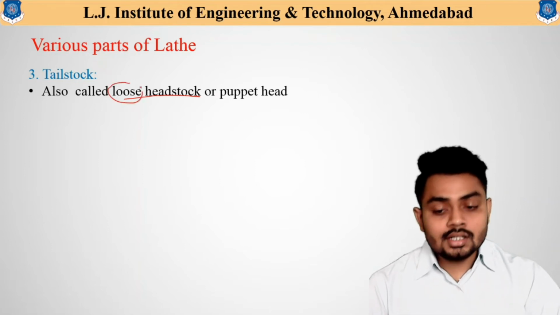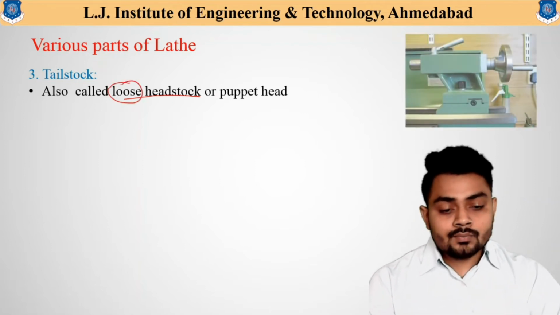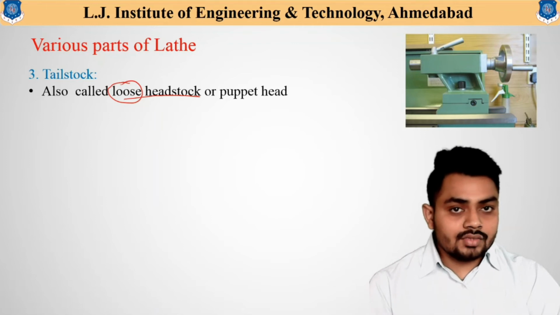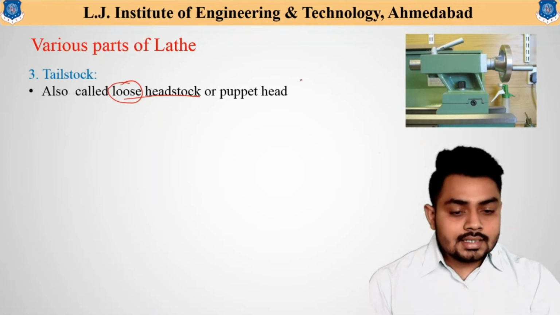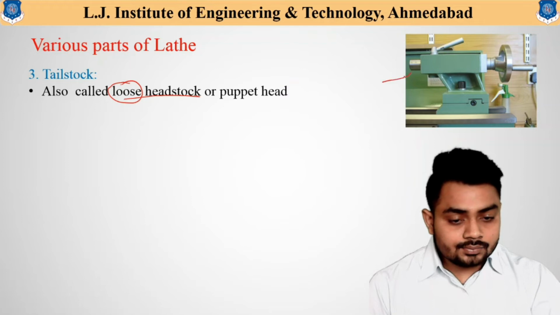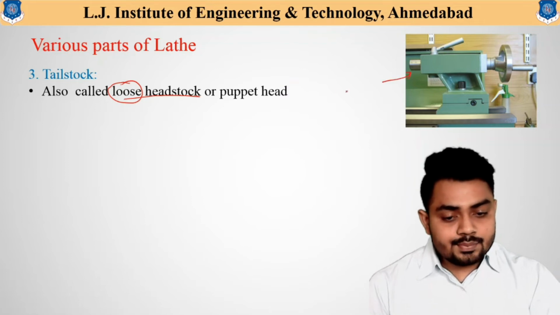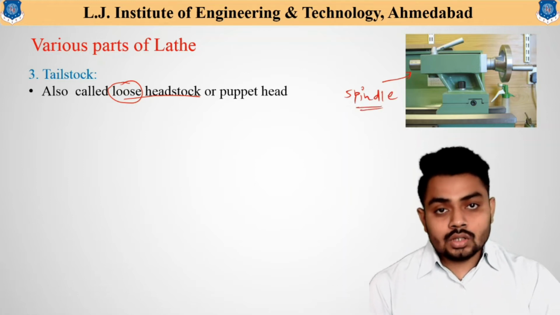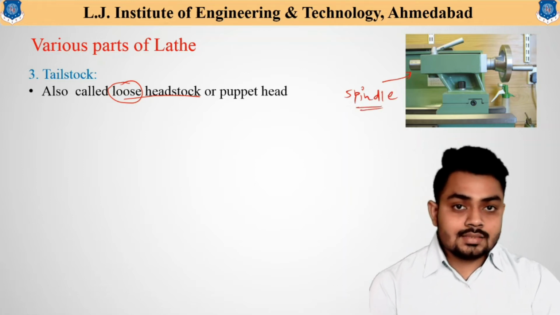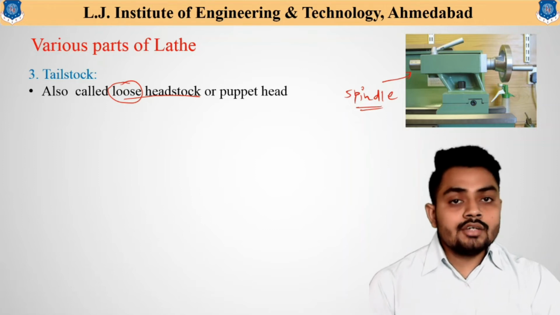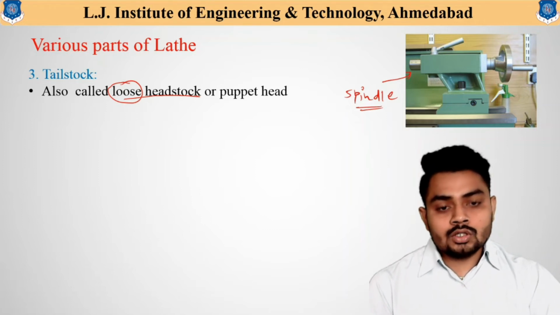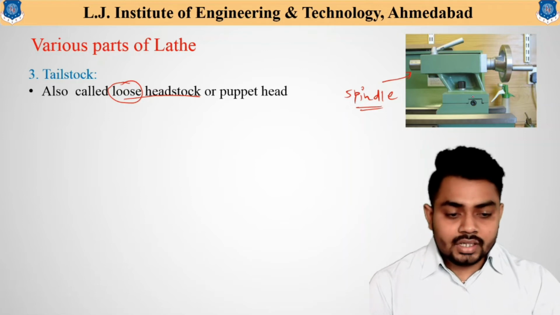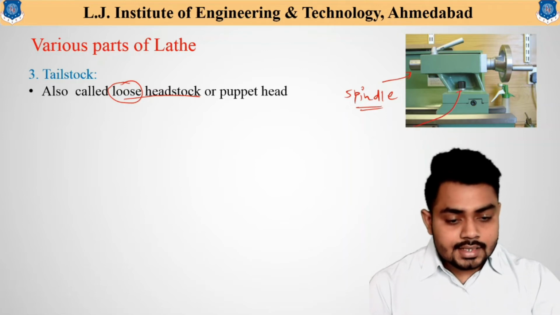As this can be adjusted very easily in the lathe machine, that's why it is called the loose headstock. And here you can see the simple figure of the tailstock, and as you can see here, this is the spindle which helps to hold the longer workpieces, and in this particular spindle slot different tooling or different tools can also be adjusted. Here the clamp is shown,